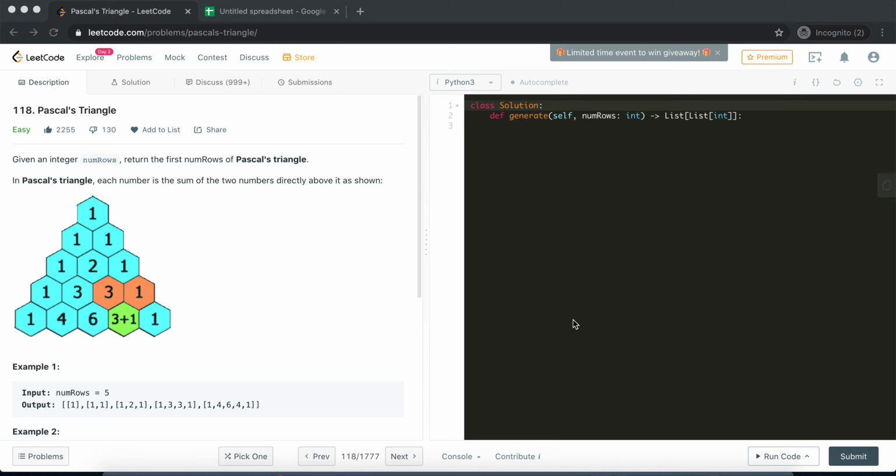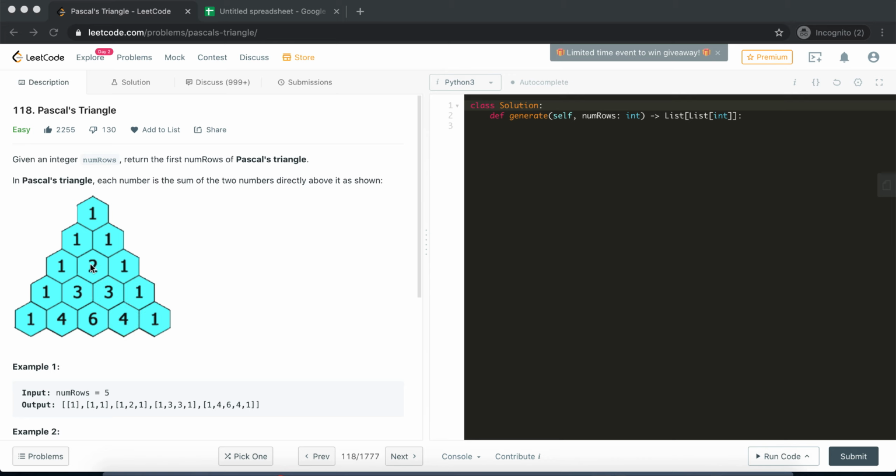In this particular challenge, we are going to take a look at Pascal's triangle, which is a very popular algorithm challenge. Now, the unique property about this particular triangle is every row of this triangle is formed using the elements of its previous row. So, as you can see in the animation, every row begins with 1 and ends with 1, and all the middle elements are sum of its previous elements.